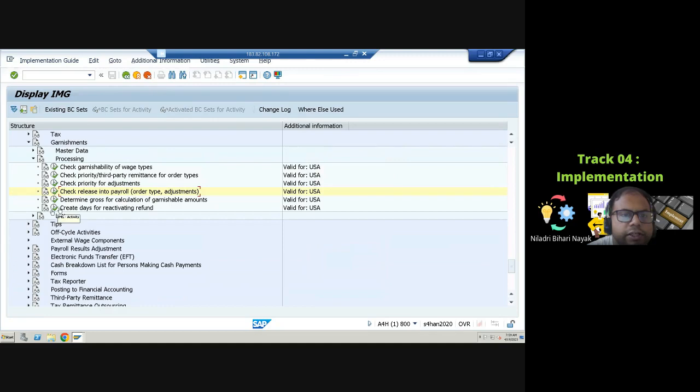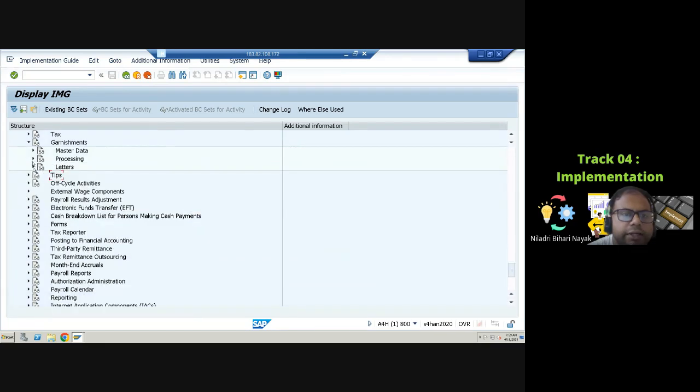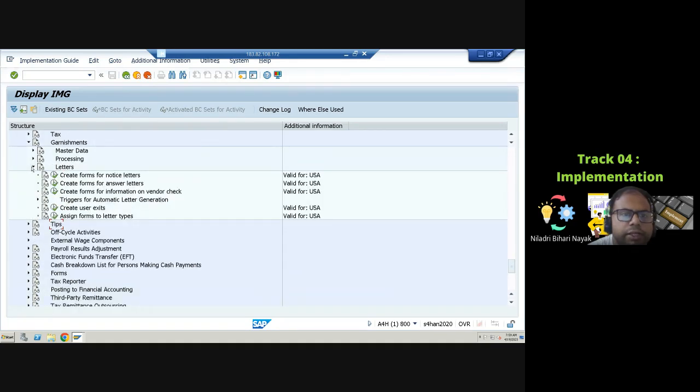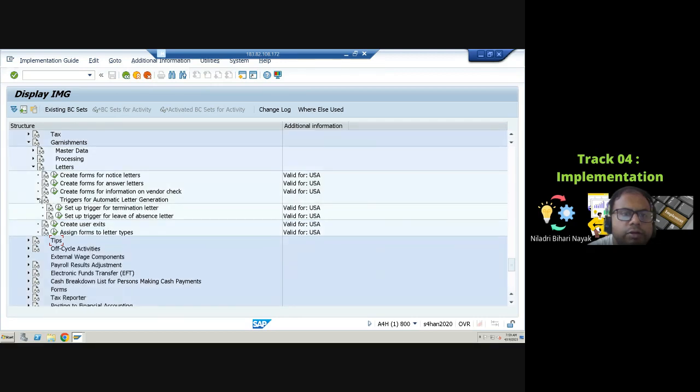Okay, so these are the different things. I'm not going into detail again, so you can just see all the calculations and how it works. And the last part is the letters here. This is all a document. So whenever you are putting some garnishment and all,